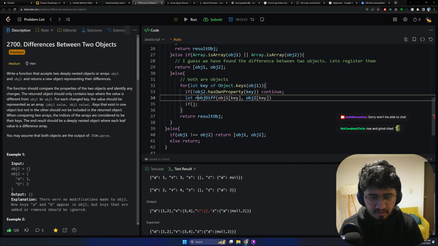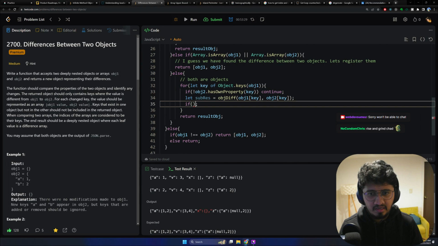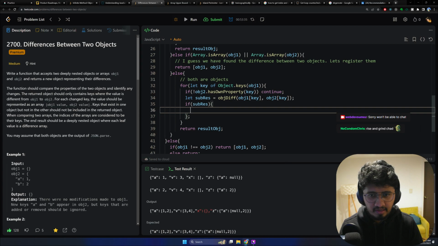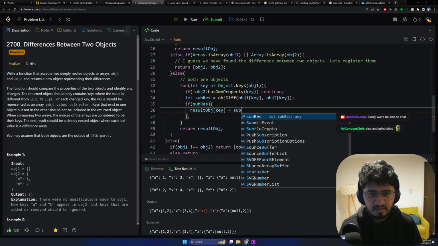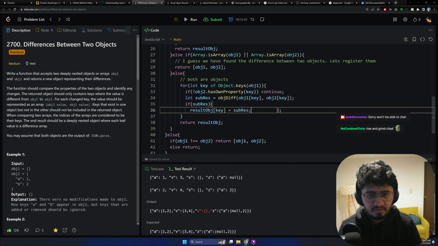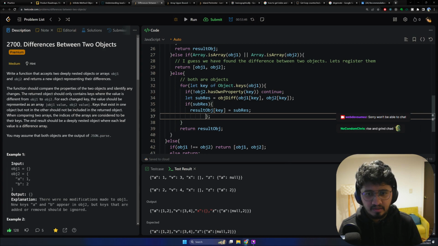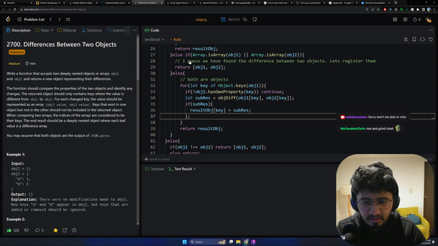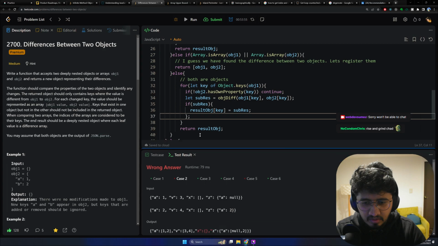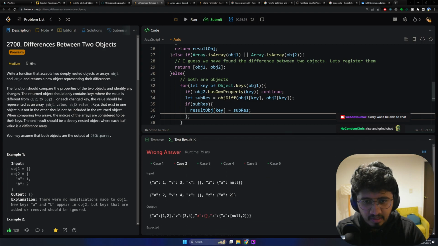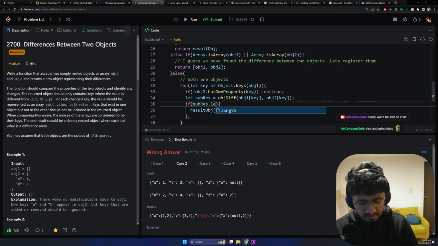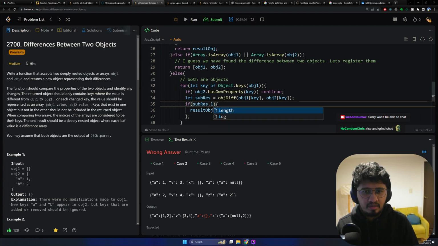Let sub result is equal to this, and if sub result has something on it, then only we will add to result obj of key equals sub result. Yeah, then only we'll add it to our result. And if I run this now, okay, still we are getting the same thing. Dot length, and but